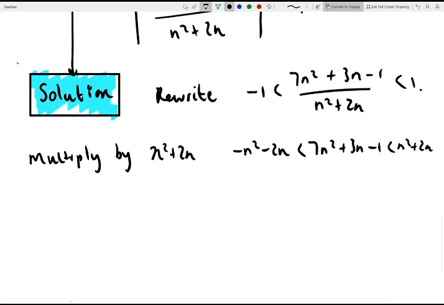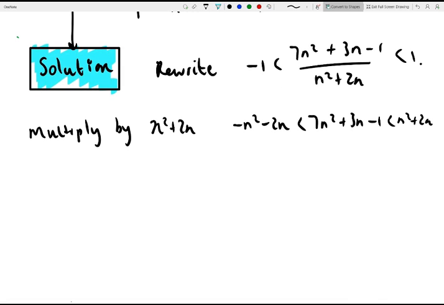Now we want to solve these two separately. So first of all, we want to solve minus n squared minus 2n is less than 7n squared plus 3n minus 1, and that gives us, simplifying this,